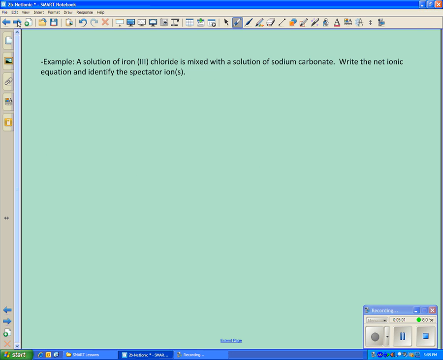Let's do one more example. A solution of iron 3 chloride is mixed with a solution of sodium carbonate. Write the net ionic equation and identify the spectator ion or ions. So again, we want to write out our equation, all reactants and products. So iron 3 chloride, FeCl3, and that's going to be an aqueous state because that dissolves in water,